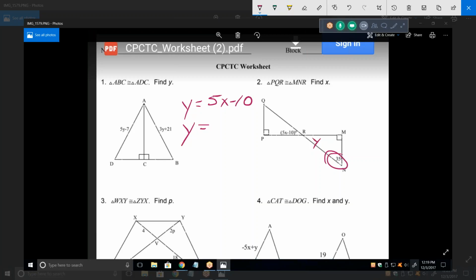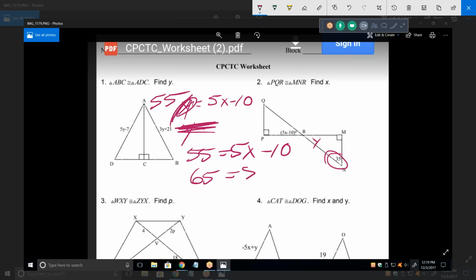Uh-huh. So I don't even need that. I can just go back and I know y is 55. So now solve that equation. So 55 equals 5x minus 10. You would add 10 to 55. So 65 equals 5x and x equals